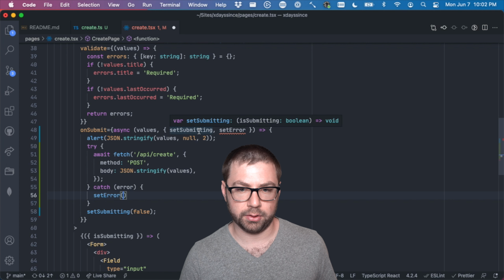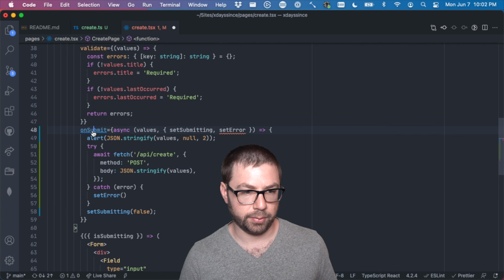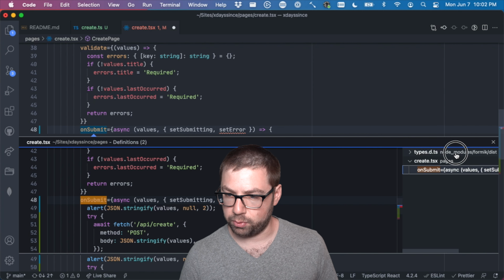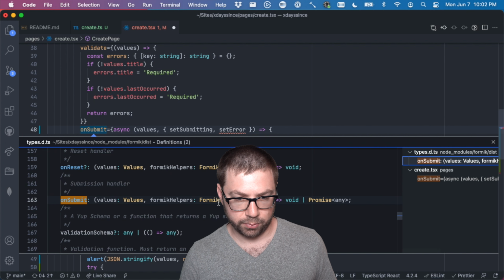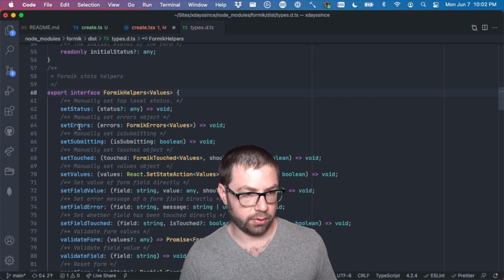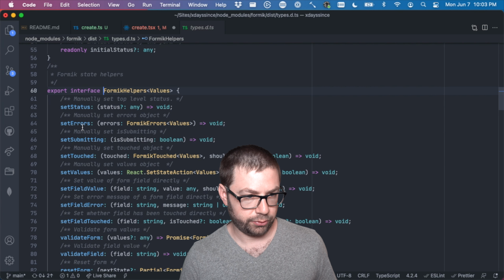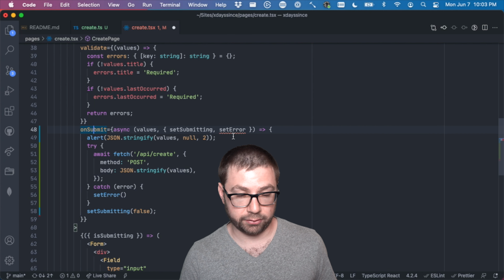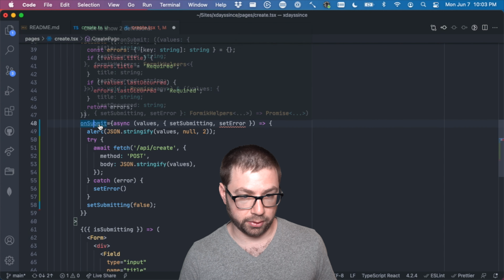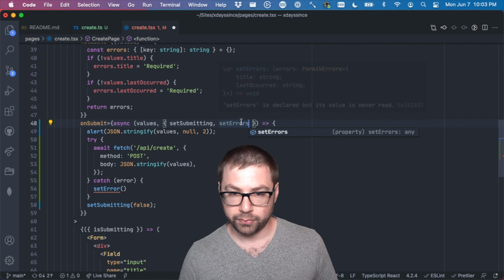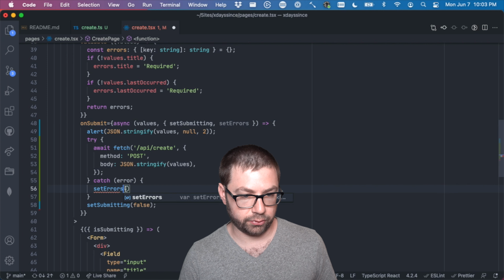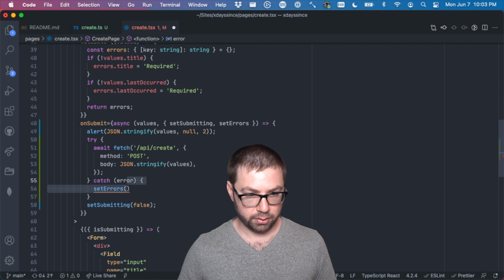Set submitting. Uh-oh, am I spelunking? I don't want to spelunk. No! Stop it! Formik helpers of values. Void values, Formik helpers. Set errors. Mainly set errors object. Set field error. Do set errors. I guess that's the name of it. That's the thing I like about TypeScript is you can kind of spelunk down and get things real nice and easy. So let's do set errors, and we're going to say